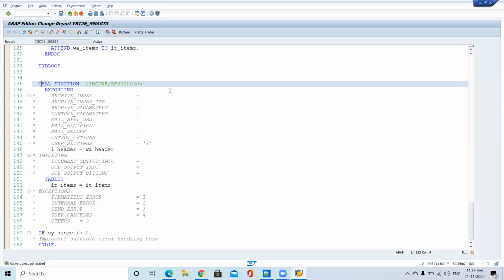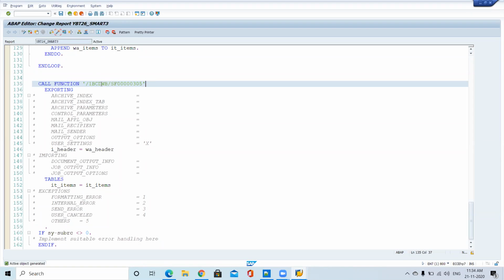So if you simply call it like this, it will create a problem. That is also one important question. You got the function module for a smart form and you are directly calling it. If you call it like this, it will definitely go for a dump in the next-level systems. In quality, this function module name is not available, so it will go for a dump. In a production system, it is not available, so it will go for a dump.